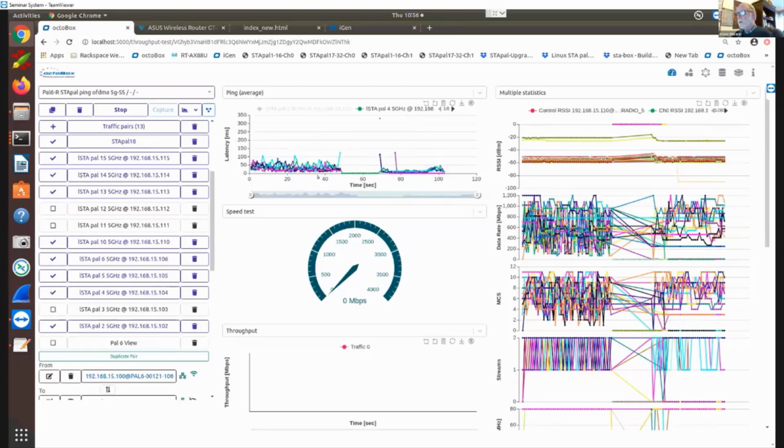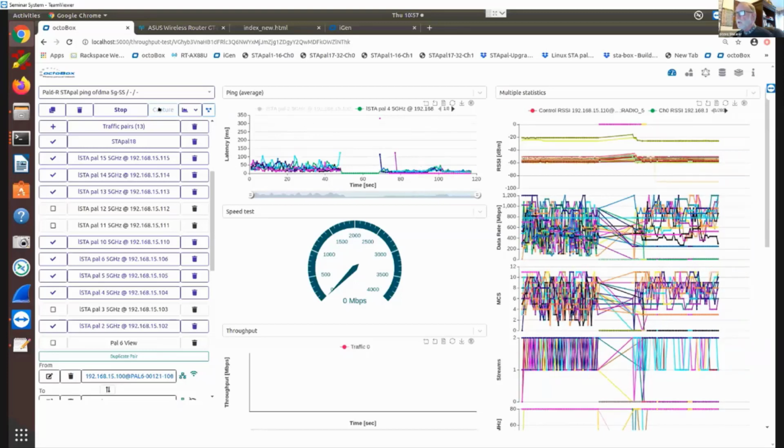And now you can see there's a really very distinct difference between the round trip delay with OFDMA off. And as soon as I switch OFDMA on, it improves the situation substantially. So I'll pause there